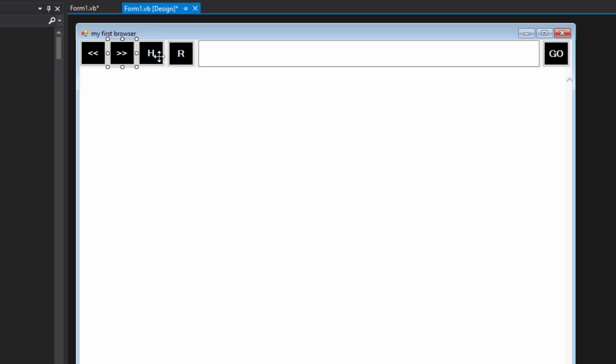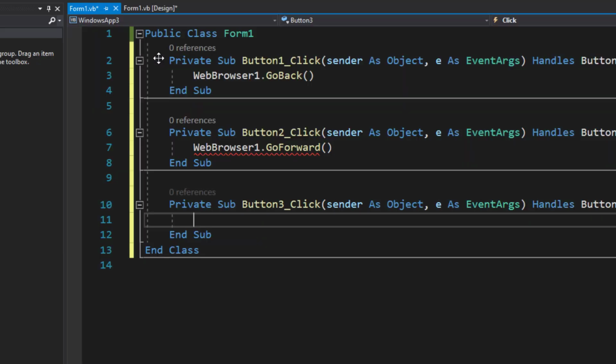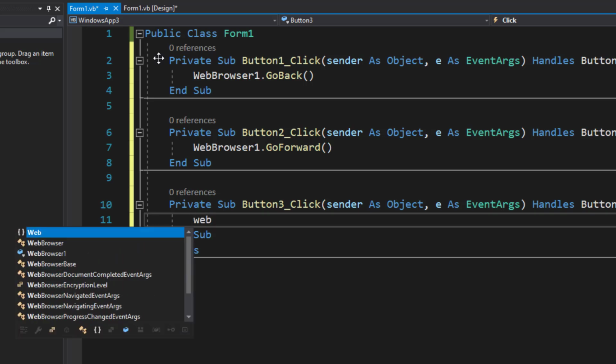Good. And then we will say that your home URL, right? We need your home URL, so you can use your own website as your home URL. And when I click on home, what website or link should it take me to? So we're going to say web browser one